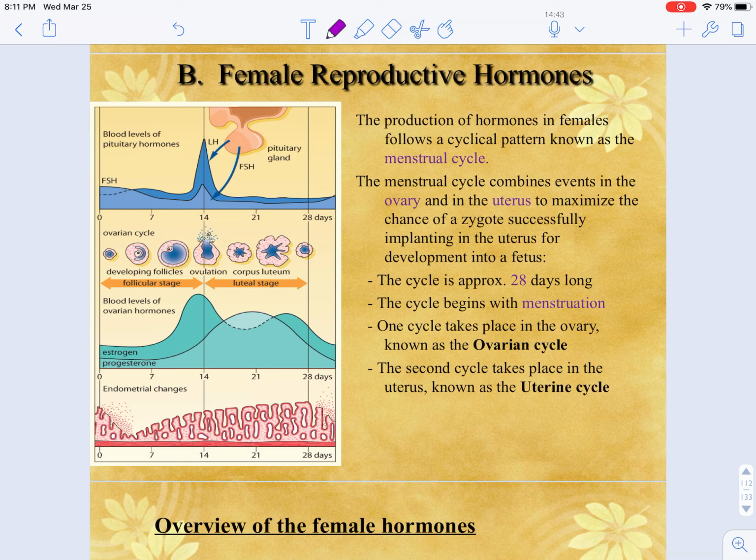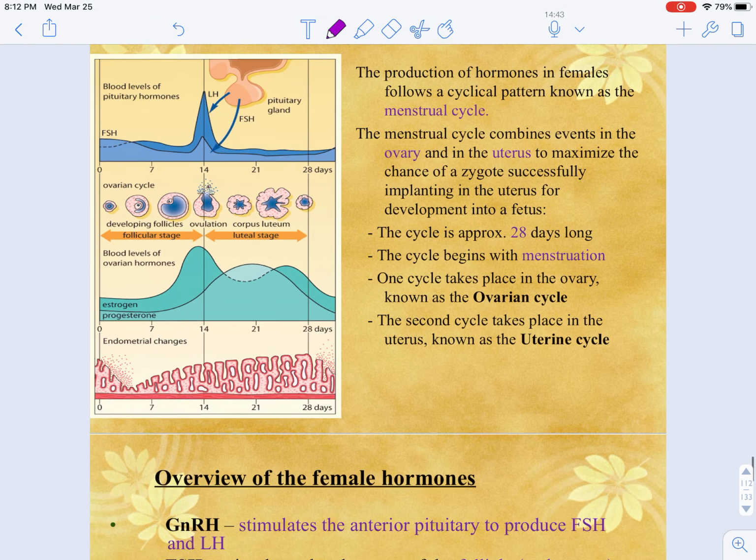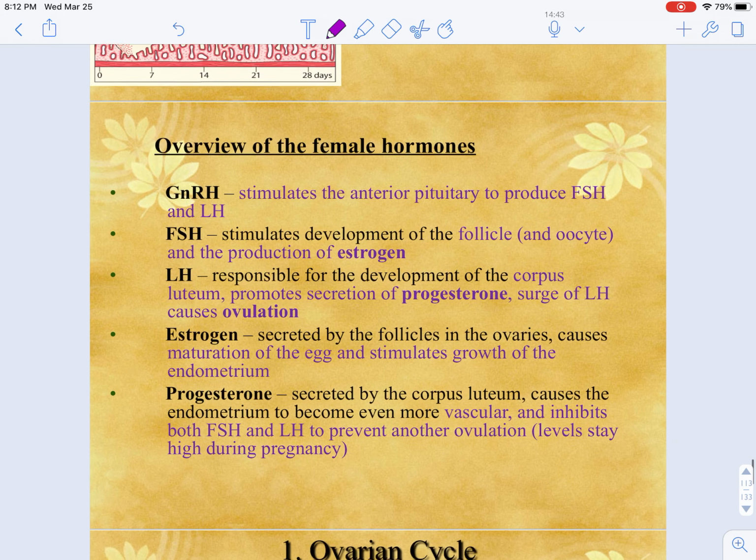So I once knew someone who traveled for a year and never had one cycle, and it was just because of all the differences in the daily routine, and maybe temperatures, pressure, could be food, could be all sorts of things that cause that to happen. All right, so with the female hormones,